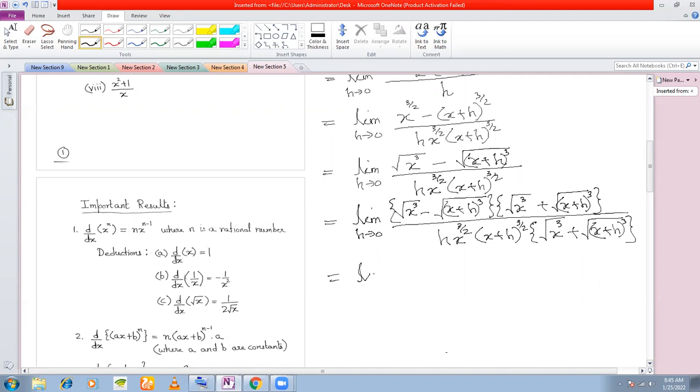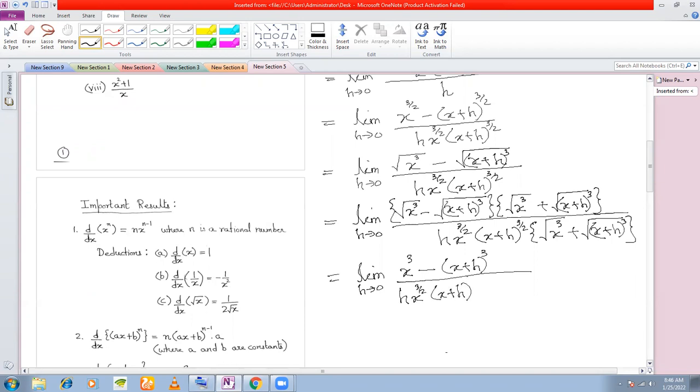Now in the numerator, you have (a + b)(a - b) form. So root x cube whole square means simply x cube, right? And root (x + h) whole cube square means (x + h) whole cube, right? I can write this safely. I can remove the radical. Yes, sir. So I have left here h x to the power of 3/2, (x + h) to